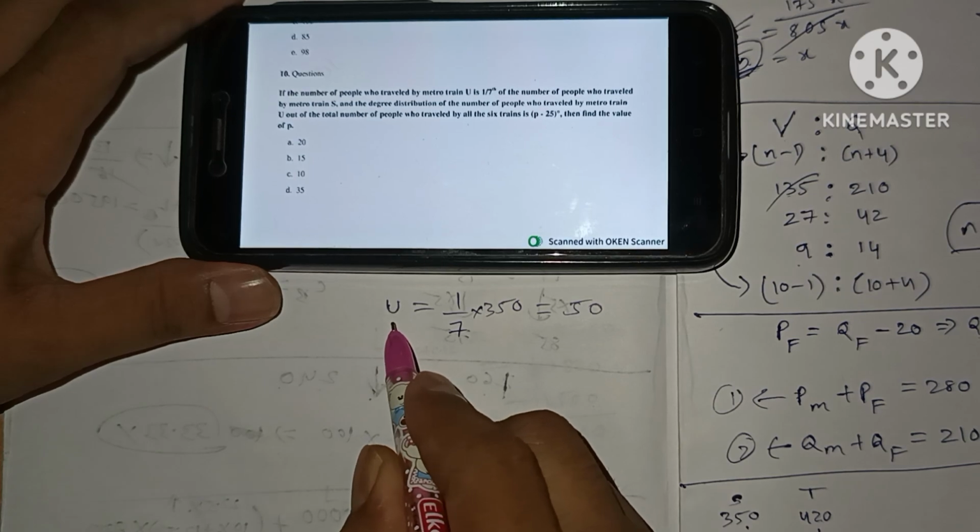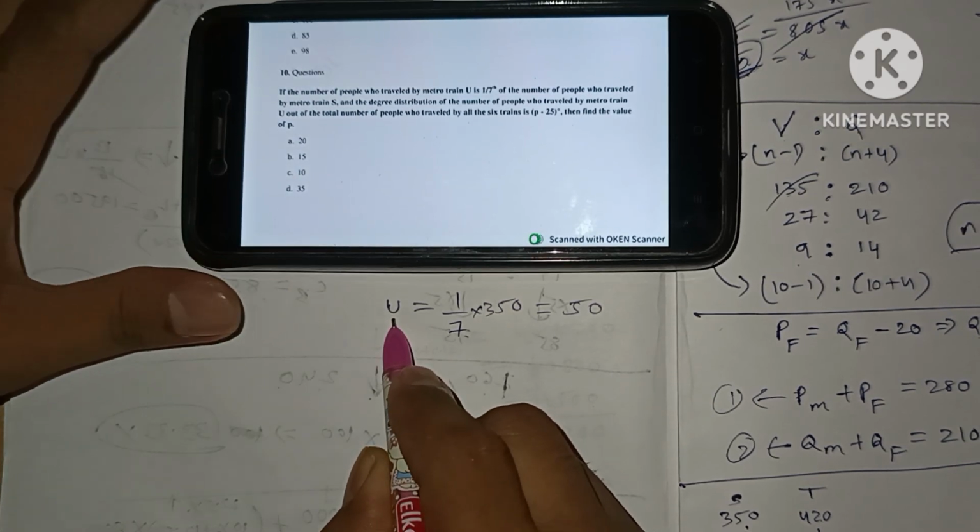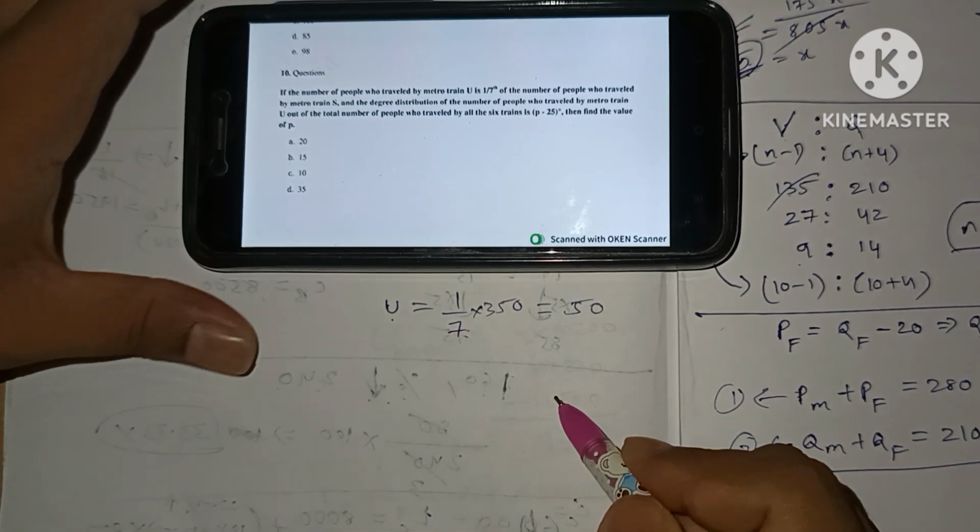So the total number of persons traveling by metro train U is 50. Next,